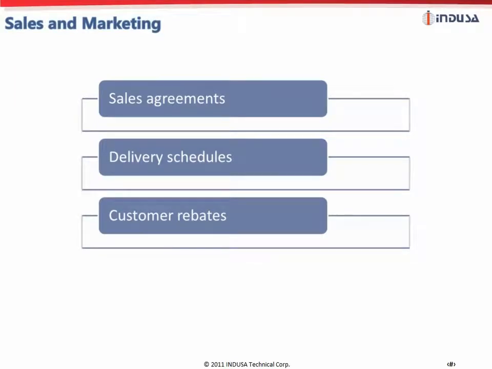Several enhancements have been added to sales and marketing, and these include blanket sales orders, which are replaced by a broader set of functionality that has been renamed sales agreements. The delivery schedules feature allows you to create a sales quotation or sales order for an overall quantity that may qualify for a discounted price based on a trade agreement, with portions of that quantity being shipped on a scheduled